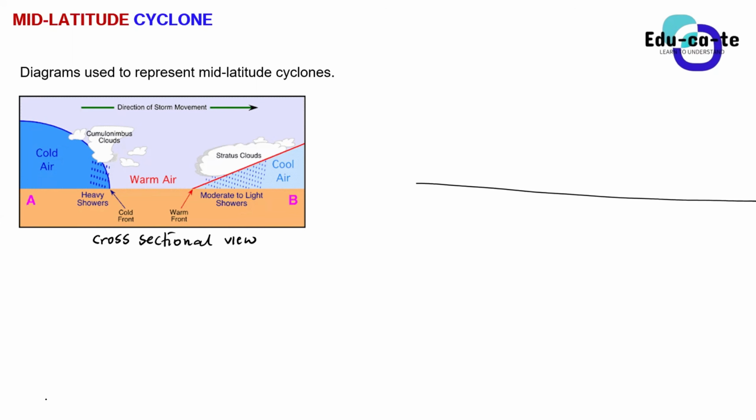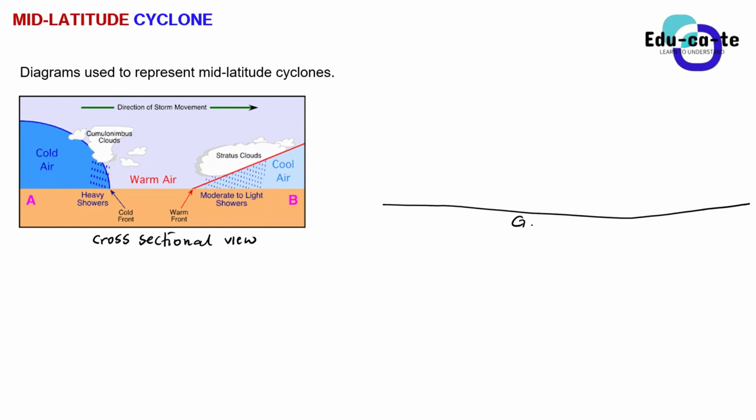This is where we are as humans. Although my ground is not so straight, it's a bit slopey. So this is the ground level that we are at as humans, the earth surface. So the cold front, how does it actually look in real life, and which areas does it affect? Here, this is where we are. We have probably our houses and our buildings here, and this is where we are staying as humans.